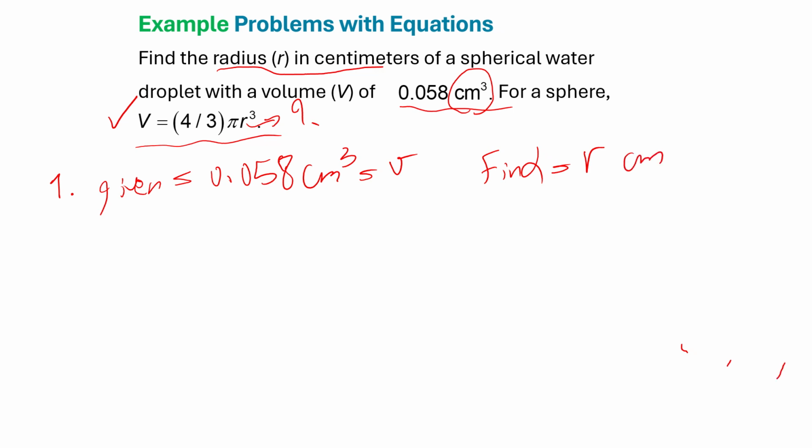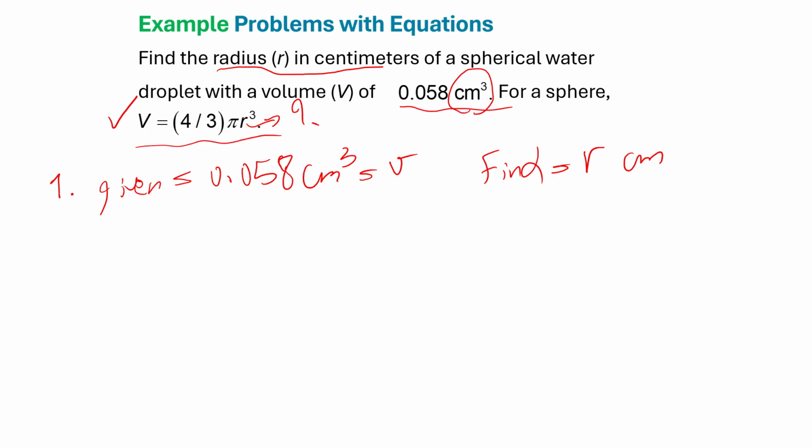Even for such examples that do not have more than one given and one find, please write given and find, because this way you make the good habit of writing given and find, and it